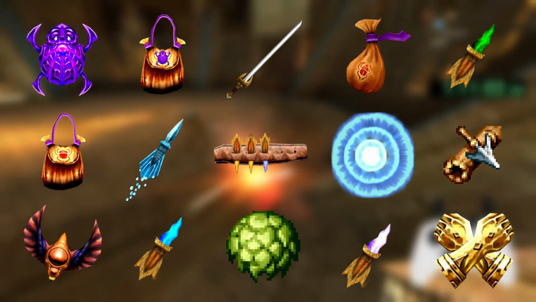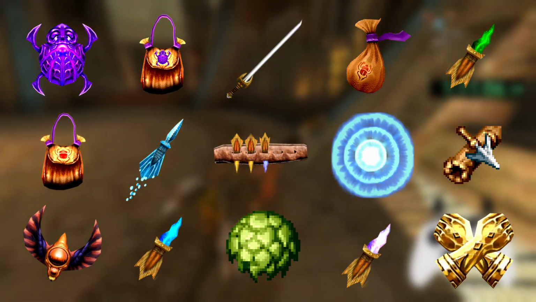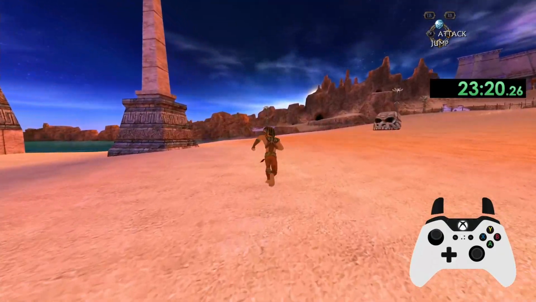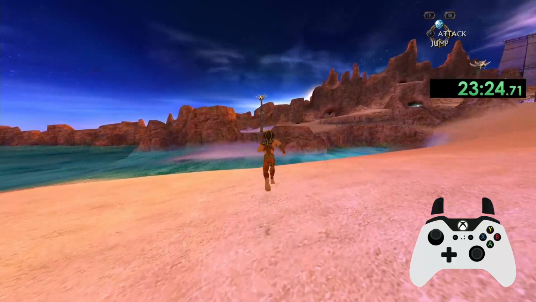Today we're going to be collecting every ability item in Sphinx and the Cursed Mummy as fast as we can. Let's go! Alright, we are finally in Heliopolis, and we have already collected 2 abilities out of the 15 that